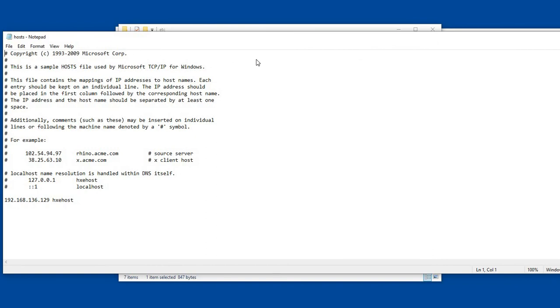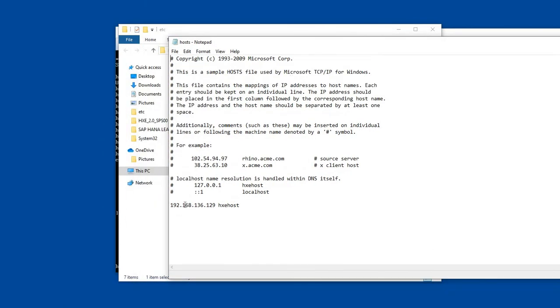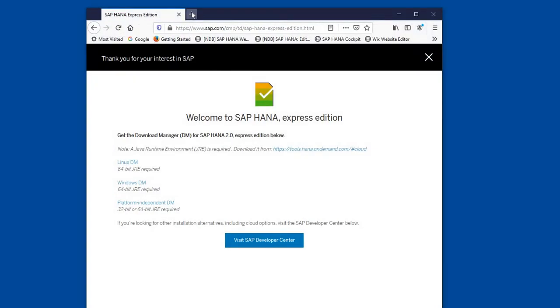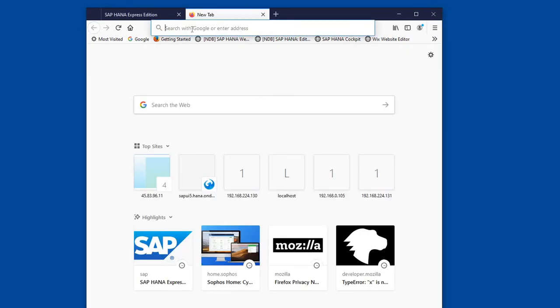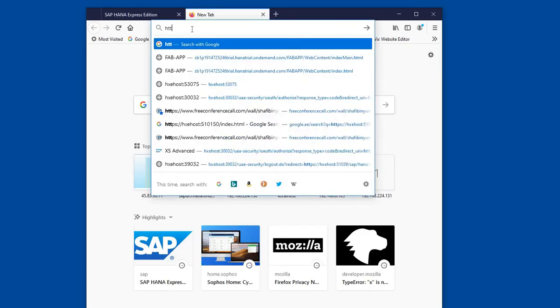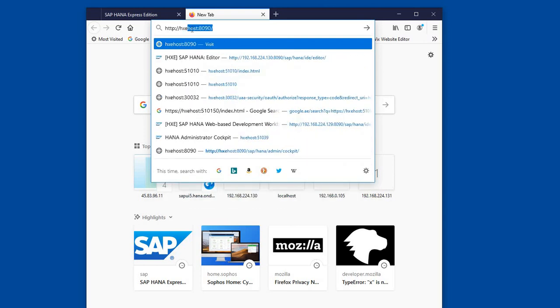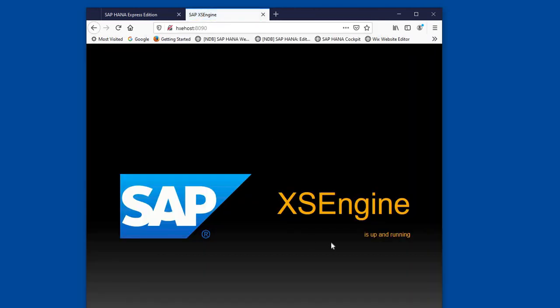Here we can set the IP address of the guest system, 192.168.36, with the hostname hxehost. Now we can finally test whether everything is installed properly. We can go to the browser, hxehost, the instance is 8090. So here we go. The access engine is up and running.